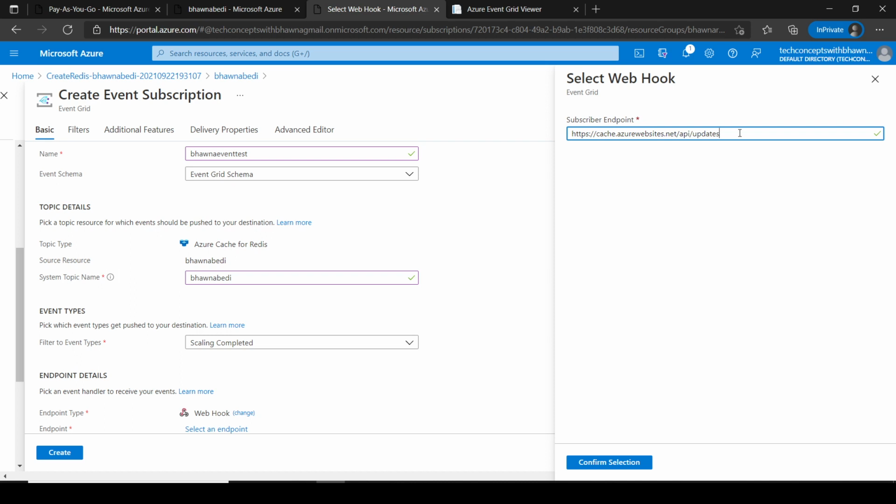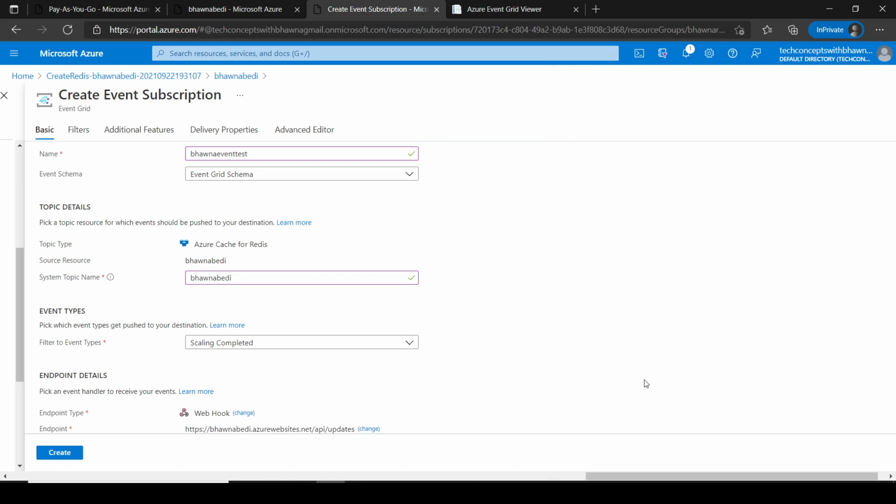Otherwise it will take a lot of time. So this is something that, when you are creating your web app, you will create this, right? And right now it's cache over here, but instead of cache I have to provide my own URL for the web app which I have given, right? So this is something that the developer would create while creating your web app. And let's confirm the selection.